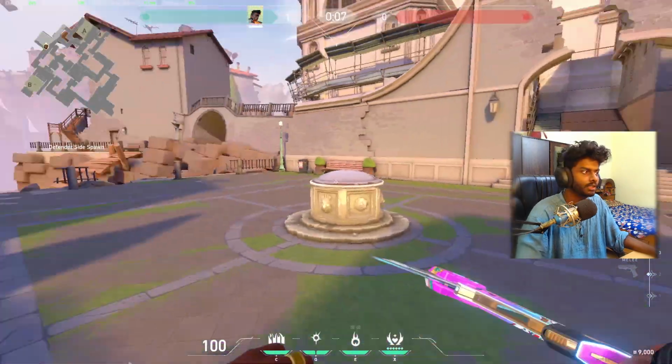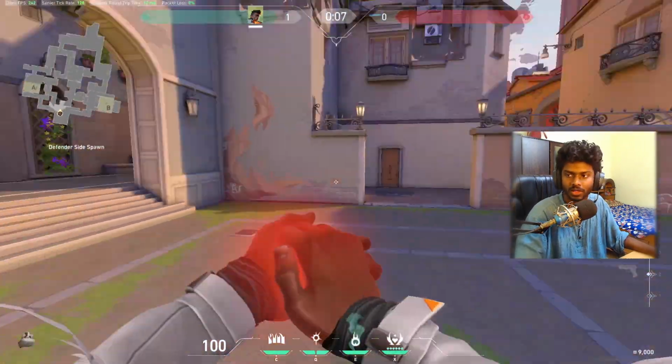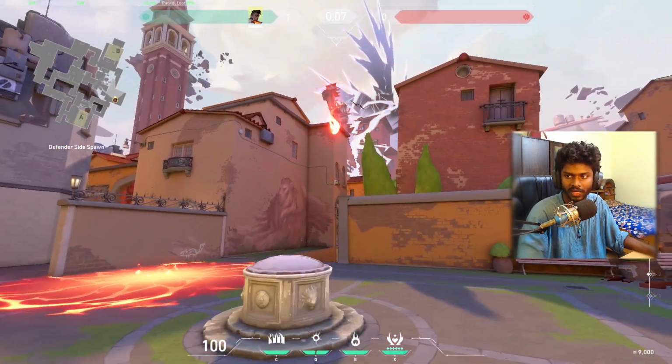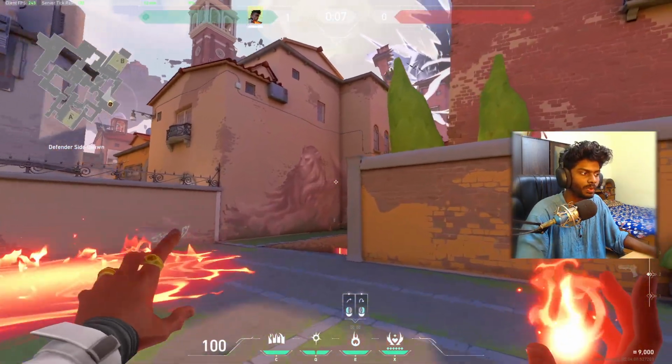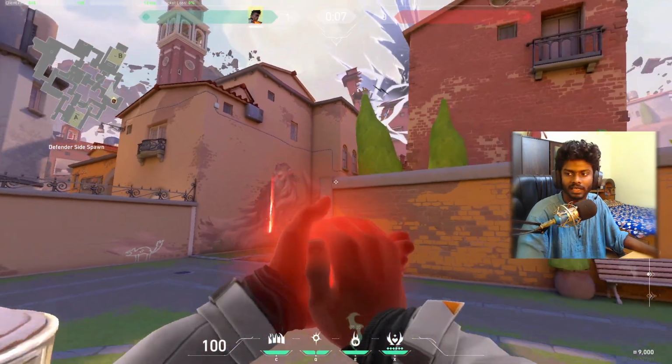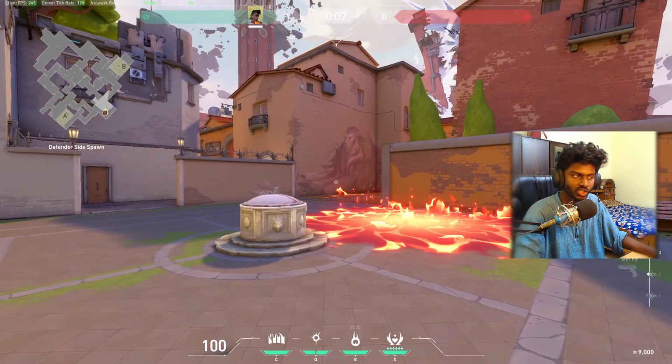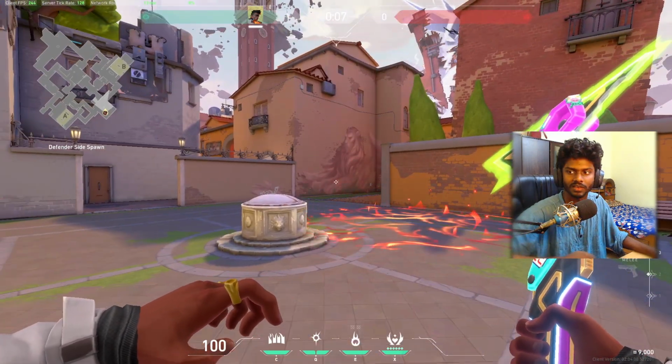Just a quick tip, there are 4 ways that you can throw the Phoenix Mollies. One is the overhand. Second is the jump overhand. The third is the sprint overhand. And the last is the underhand. Each of these have a different range and they travel a lot of distance if you sprint and